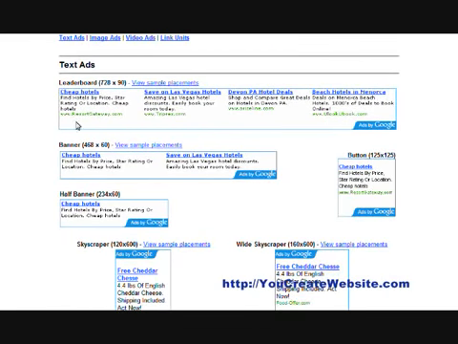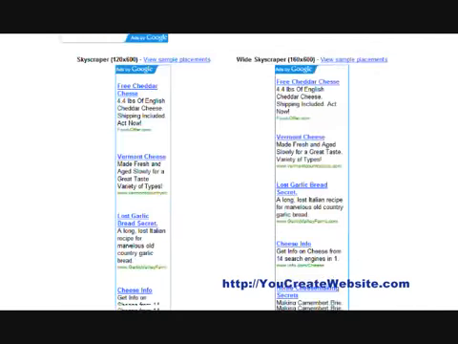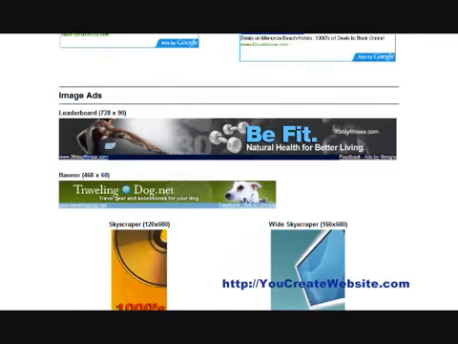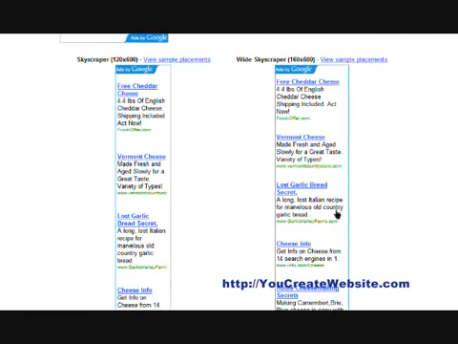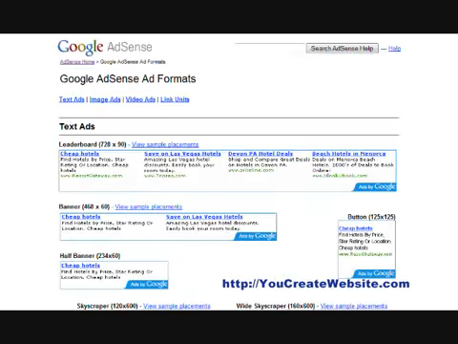So this one's showing you some different examples of text ads in all the different sizes. If you scroll down, the image ads are below here. So right now we've chosen to do both, so any of these can be shown on our site right now. Now, Google did some research on which ads were most successful, and if you go back to this page,